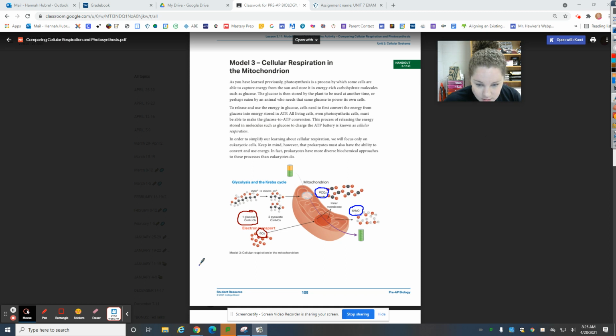So it's going to take 6 glucose molecules, C6H12O6, 6 glucose molecules and 6 oxygen molecules, and it's going to give off 6 carbon dioxide molecules